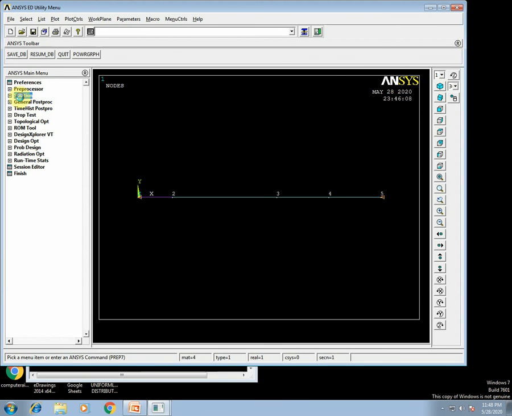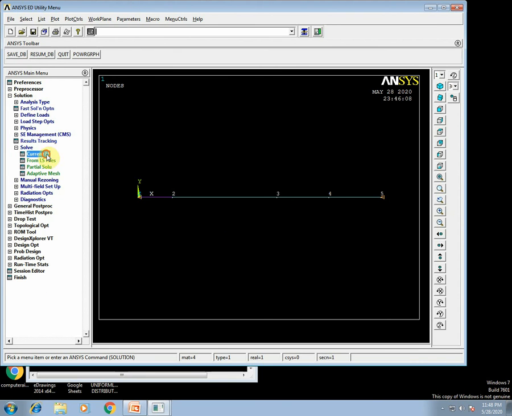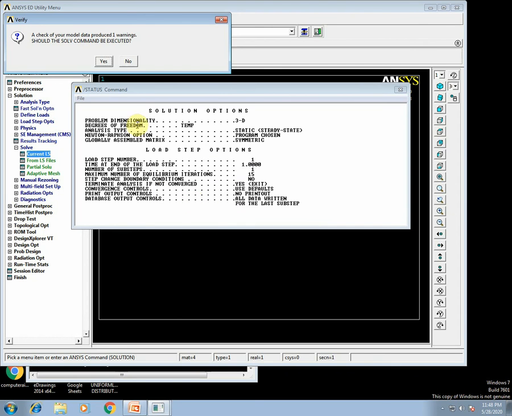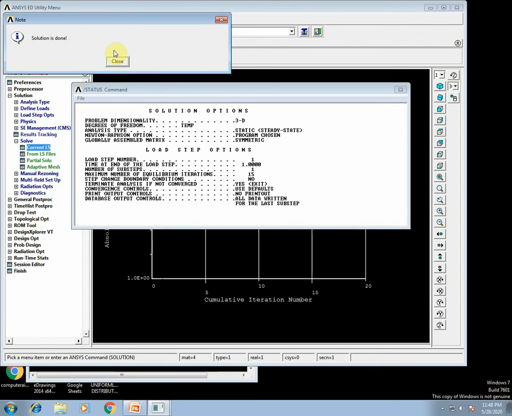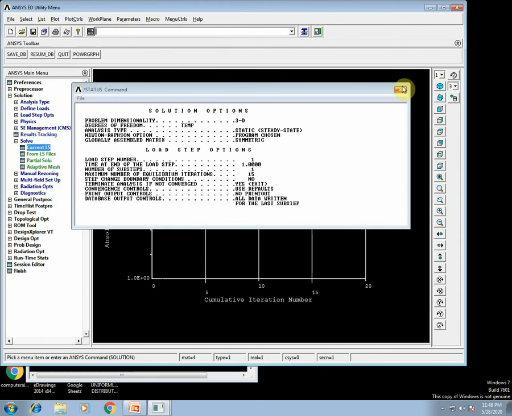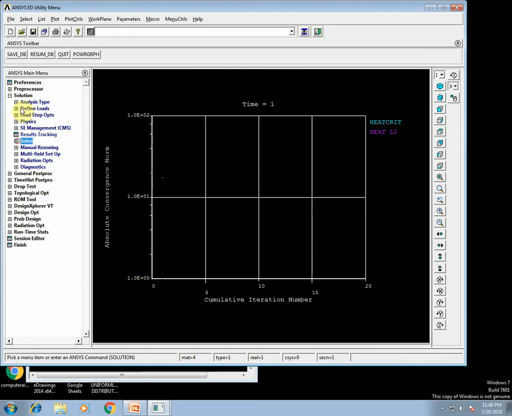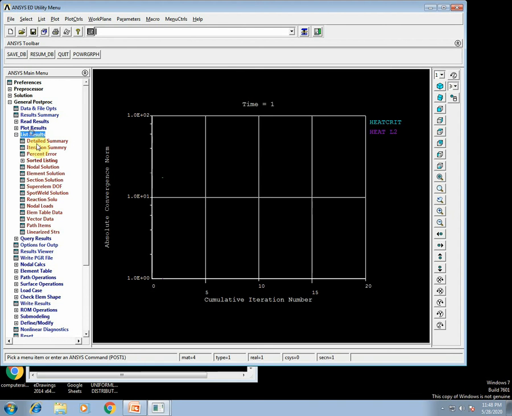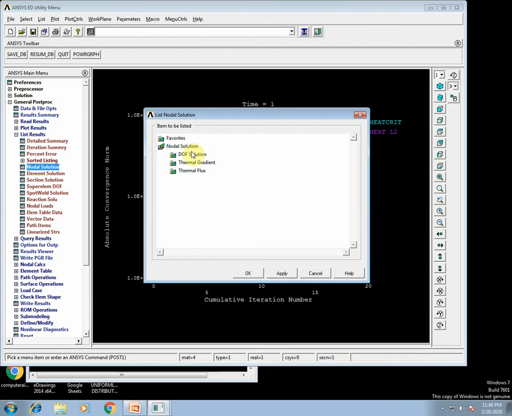Now I am going to solve my problem. Solution is done. General postprocessor, list results, nodal solution, DOF solution, nodal temperature.